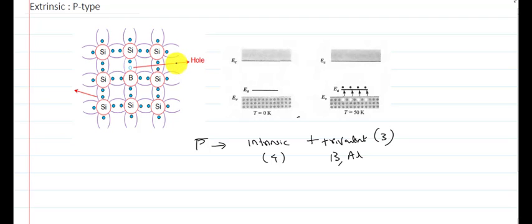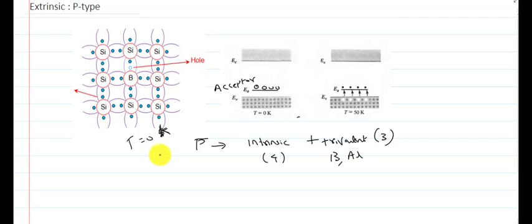So for a p-type semiconductor at T equal to 0 Kelvin, there will always be a vacant level, and that vacant energy level, that impurity level, is known as the acceptor level. So actually this is the acceptor level, which means there will be some vacancies, so some holes will be there, closer to the valence band also. Some vacancies, or it has a tendency to accept electrons. And that acceptor level will always be closer to the valence band. So this is the structure at T equal to 0 Kelvin.